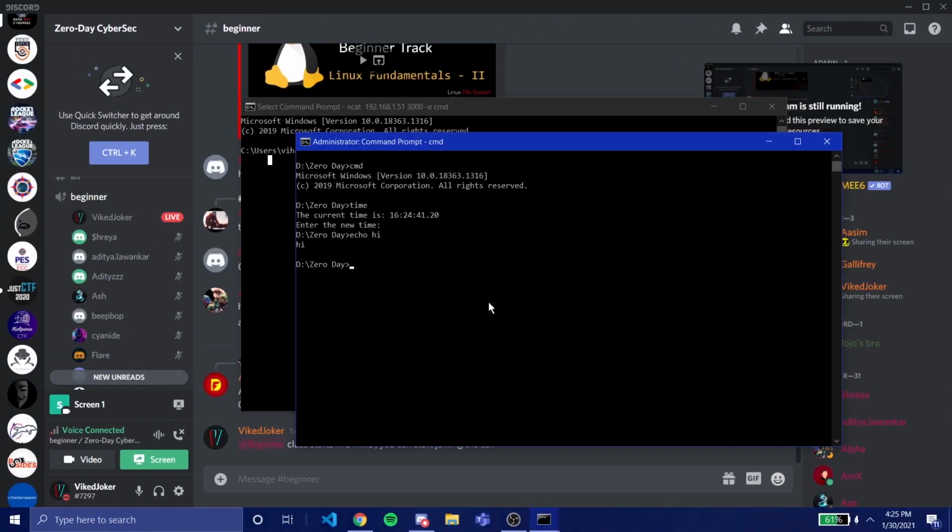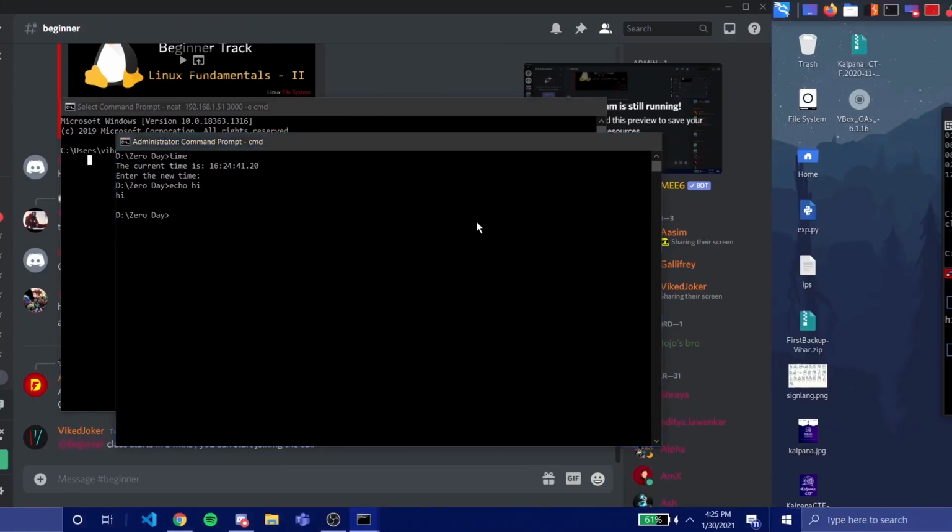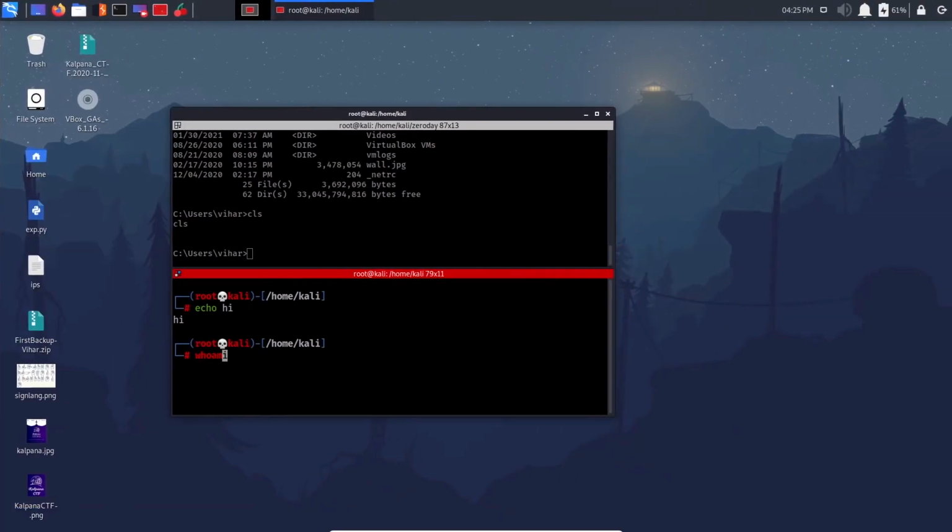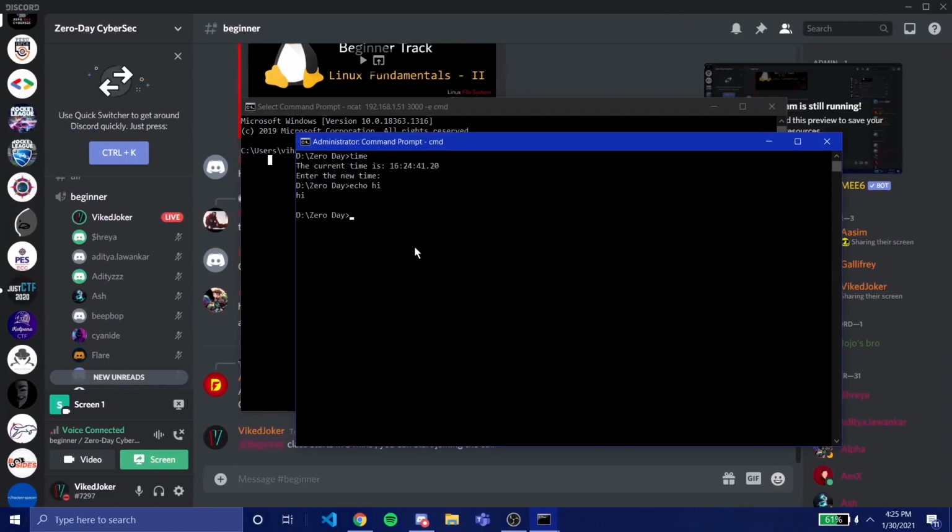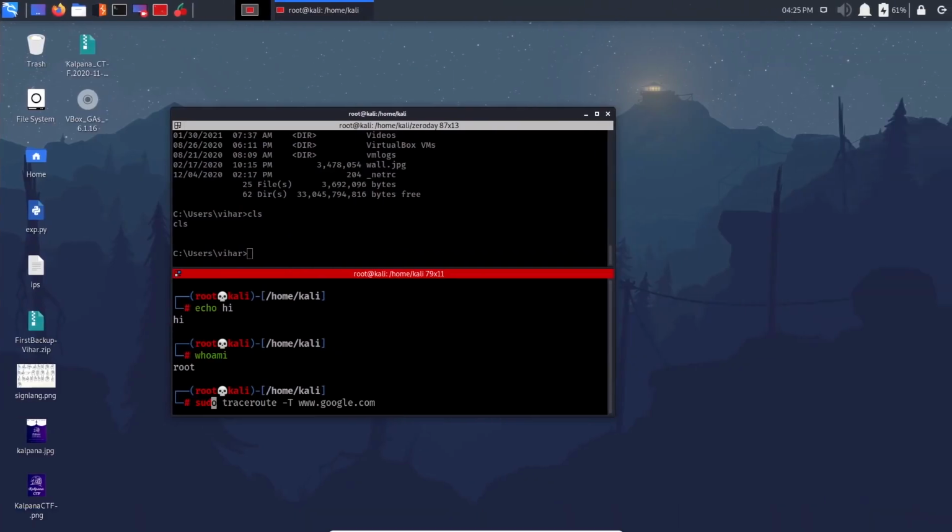Now, to display the name of the user and the host, if you remember, we did whoami to get to know which user I was and what my host name was. So similarly, we have hostname in Windows. Again, just put hostname, and it should tell you the name of this machine right now. That is this value right there. Okay, remember we had to do sudo to get root access, right?